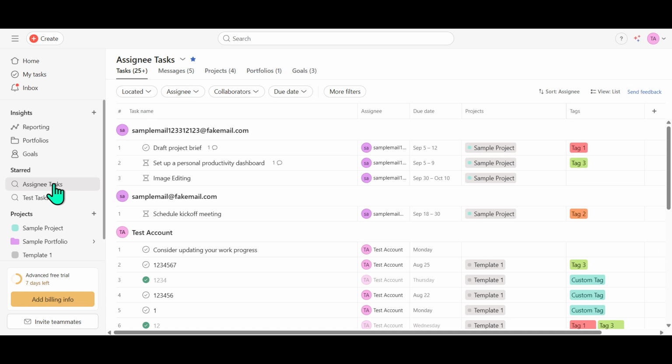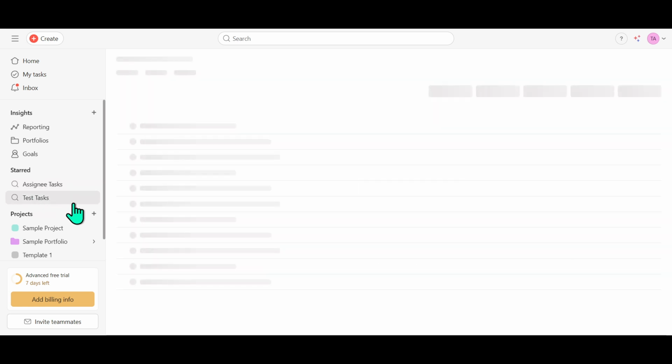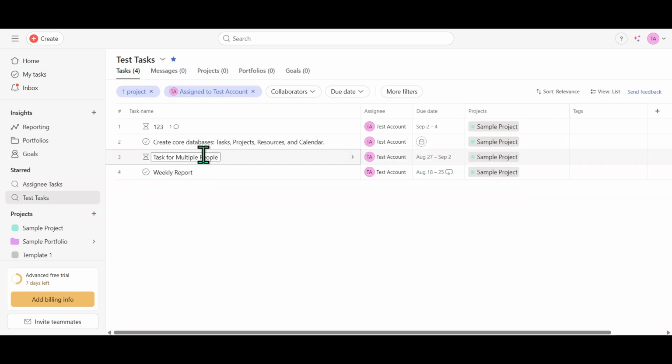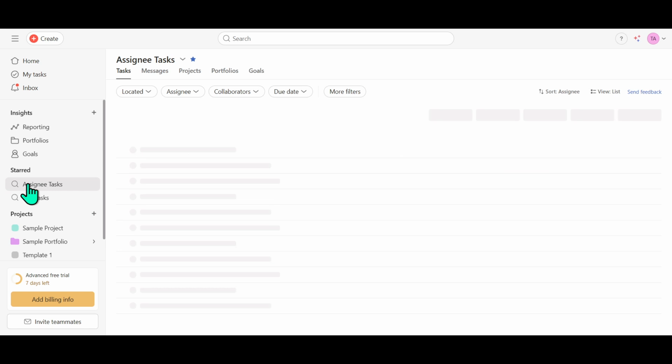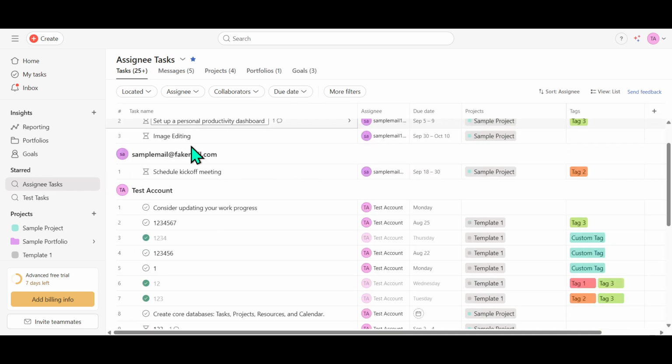And there you have it. Everything you need to efficiently view and manage tasks assigned to your team members in Asana. By leveraging these search and sort features, you can maintain a clear overview of your projects and ensure everything is